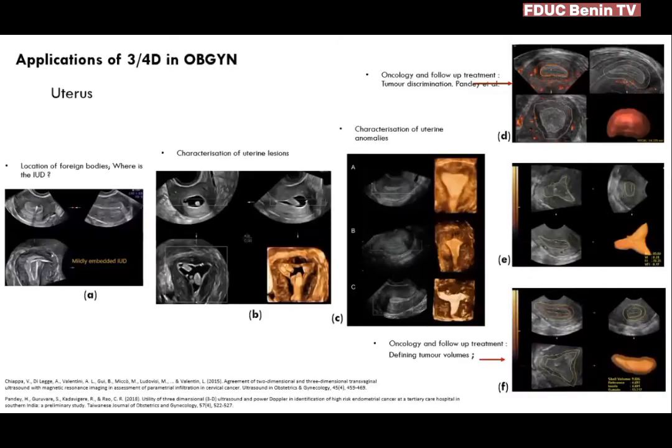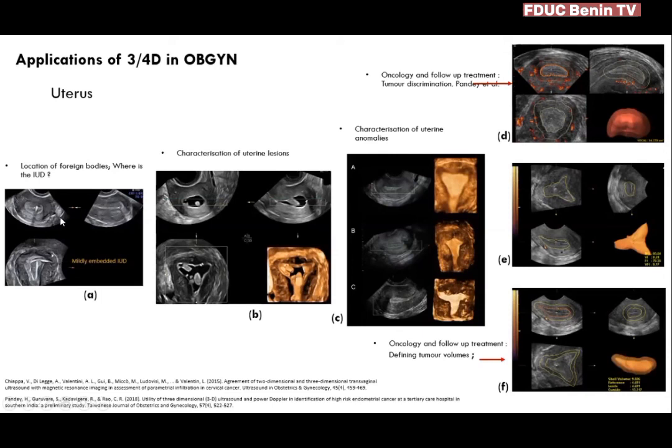I'll be talking about some applications of 3D, 4D ultrasound in obstetrics. How is it applied? Apart from the baby rendering, what other applications do we have for 3D, 4D? The uterus, 3D, 4D has been very useful for visualization of foreign bodies, including the IUDs. So we just want to know, is there an extravasation or is there a dislodgement of an IUD? Most authors have reported the benefit of